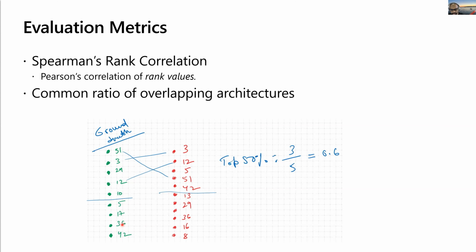Let's say the ground truth ranking arranged them in this particular order, whereas FEAR arranged them in this particular order. What this says is, if I cut off at the top 50%, what percentage of architectures are common between these two sets? Then I vary the threshold and it gives me a curve: top 10, 20, 30, 40, 50, 60, all the way up to 100%, where it will naturally degenerate to a ratio of 1.